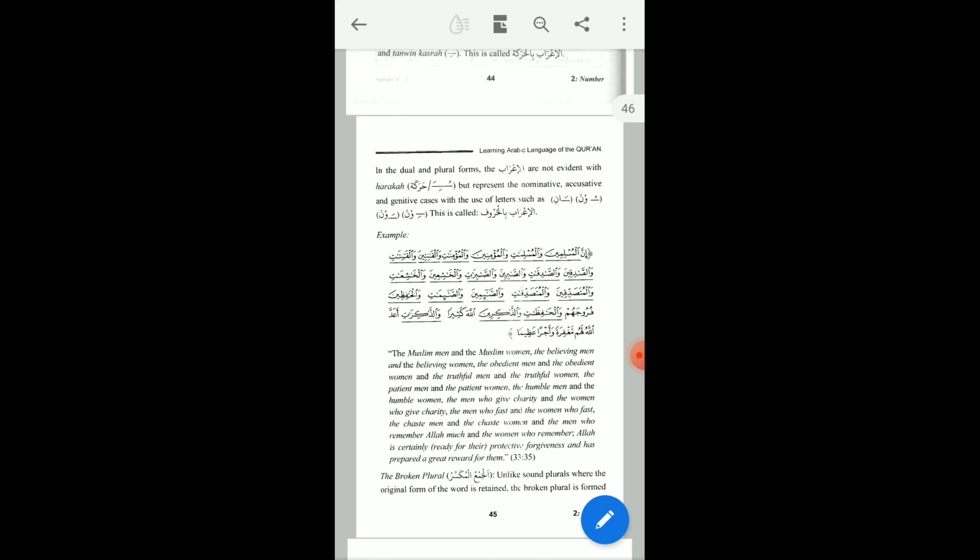Haraka, it means they are not in dual. In case of dual, this i'rab is not evident with haraka. Why? It is evident but represents the nominative and accusative cases with the use of letters, and letters are called huruf. That is why this declension of nouns in case of dual and plurality of the number, we say al-i'rabu bil